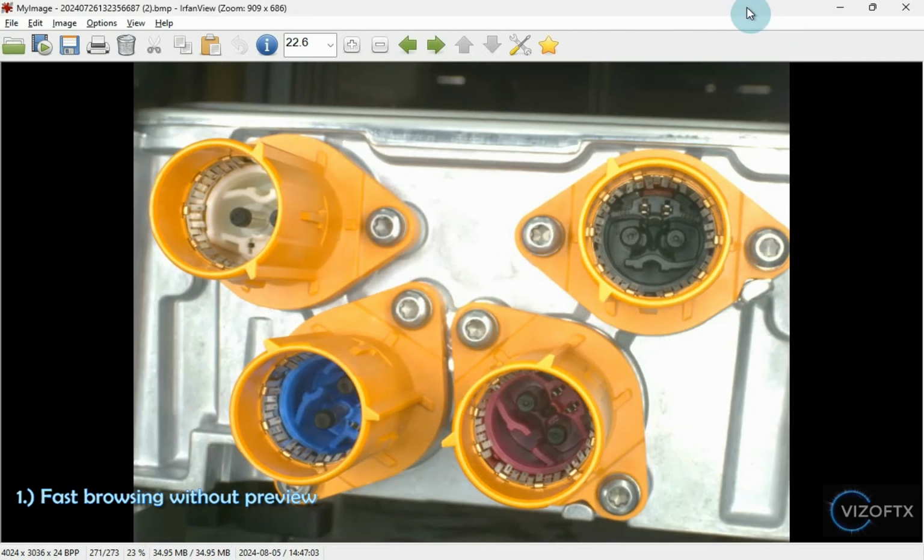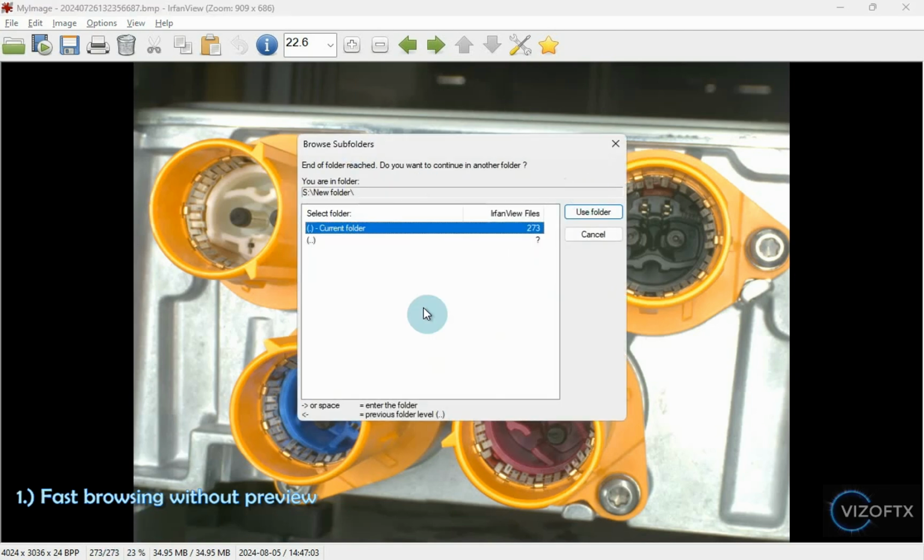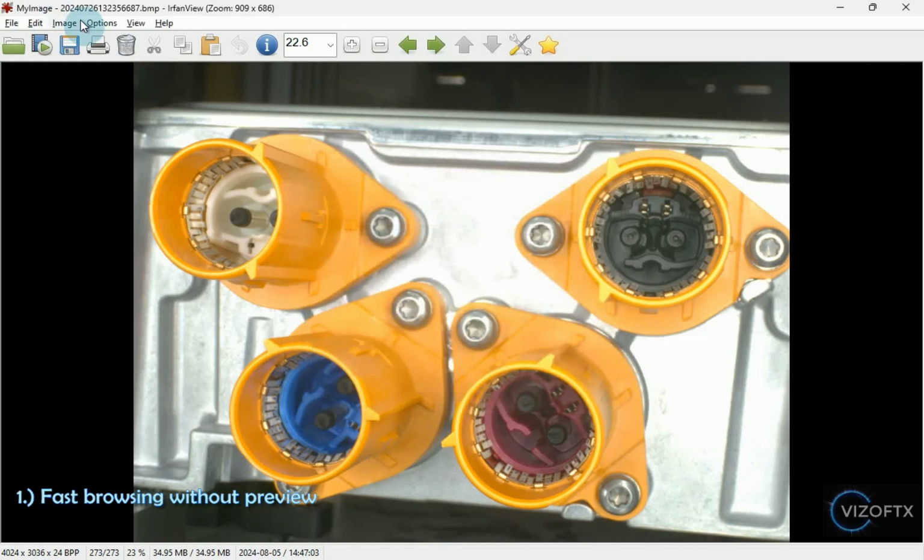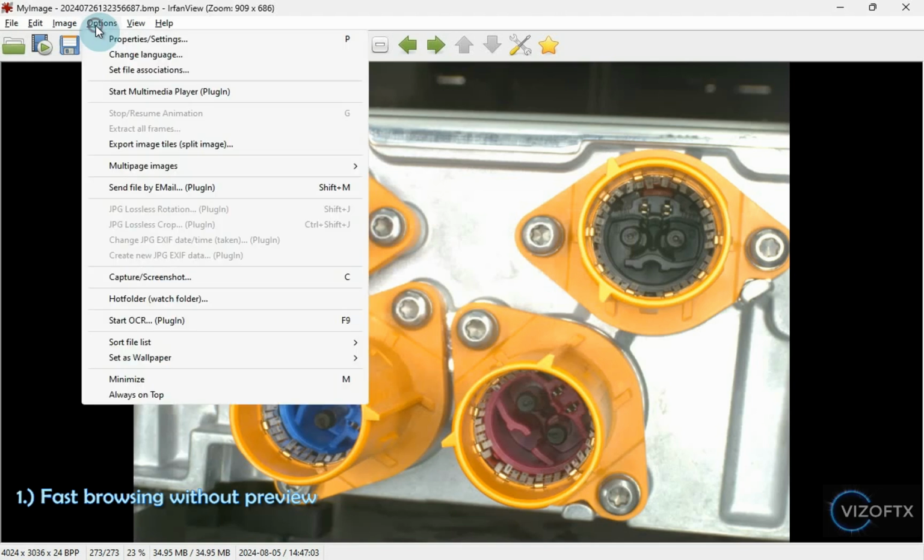When you install that program, there is one setting that I recommend you to toggle. At the end of the folder, as here for example, you notice that I have around 273 images here. When I get to the end of the folder, it shows me a window like this, where I can then choose which folder to display next. I can just press enter and continue in the current folder. But this bothers me a bit, and especially when I have fewer frames and it starts throwing out such a table, it disturbs me. So go to Options, Properties,